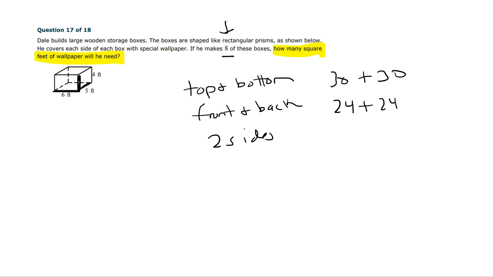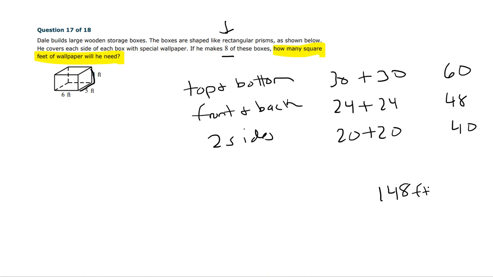And then for the 2 sides, when we look at our 2 sides, they are 5 by 4. So 5 times 4 is 20. There's 2 of those, 20 plus 20. So this would be 60, 48, and 40. So that gives us 148